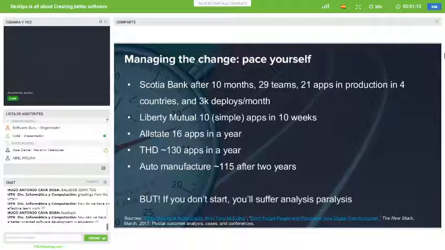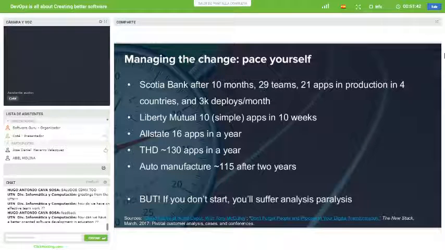And I've just picked from a few large organizations the amount of applications they did first year. And I think a large part of this, it's important because many people, when they start off with wanting to change things, they start too big, and that often creates problems, because if you choose too large of a scope, as any developer or someone who's worked on software will know, you won't be able to achieve all of that scope, and you'll fail at it, and then that gets you a bad reputation, and you sort of revert back to the old way of doing things.